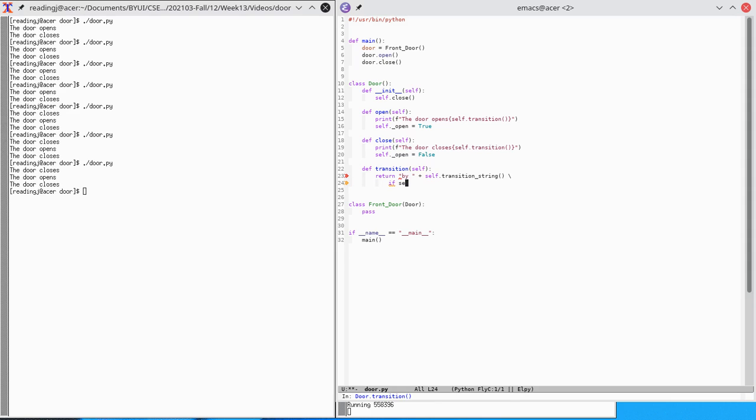If self.transition string is not none. So that says if my transition string method returns anything other than none, I'll say the door opens by whatever the transition is. And if it is none, then it'll just say the door opens. And so now I need to provide